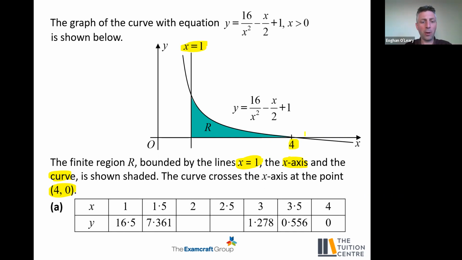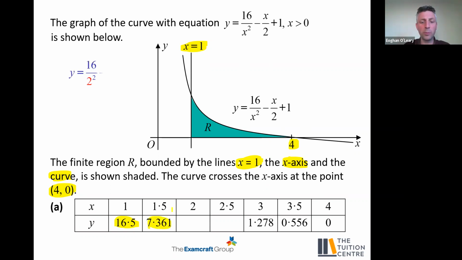So our question is going to be to find the area of that, and to do that firstly using the trapezoidal rule. It gives us this table to fill in. So we have some values already. When x is equal to 1, y is equal to 16.5. When x is equal to 1.5, y is equal to